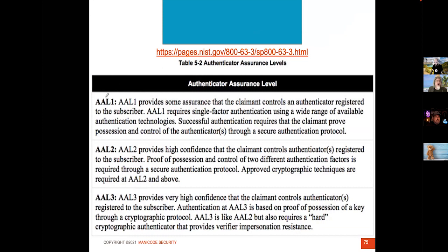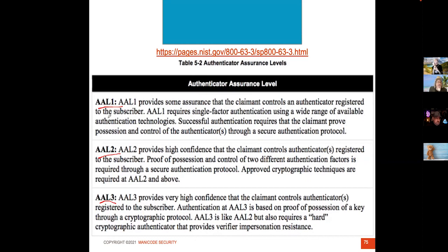It breaks down authentication into 3 tiers: AAL1, 2, and 3. I see a lot of other countries follow this as well. And if you have your own Canadian version of an authentication standard, that's awesome. This is something to look at because for years I've been asked, how strong should your authentication be? And I gave an answer that was my best guess. I usually say use multi-factor, but I needed something to back that up. Then this standard came out and I can use it like a ball peen hammer to get people to do stronger authentication.